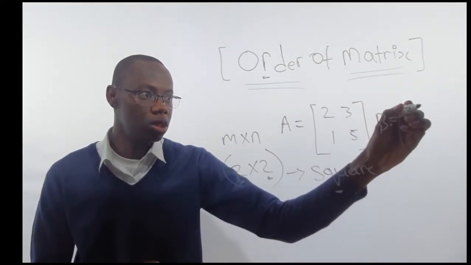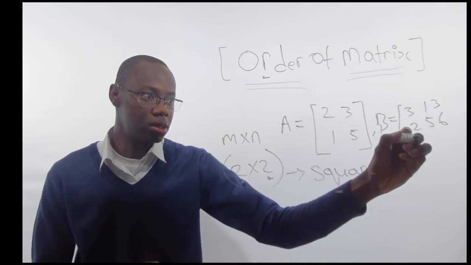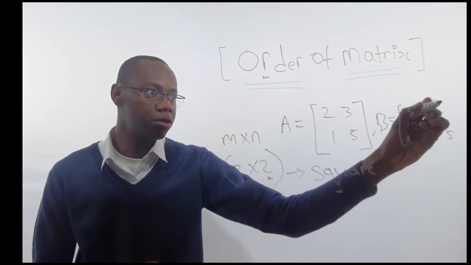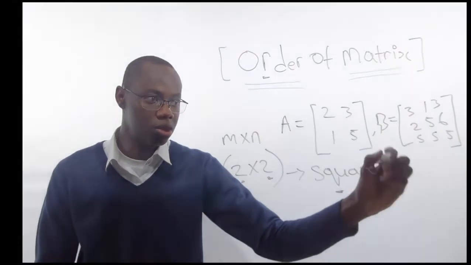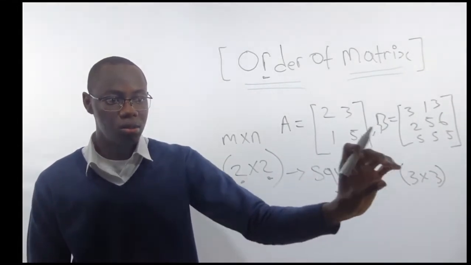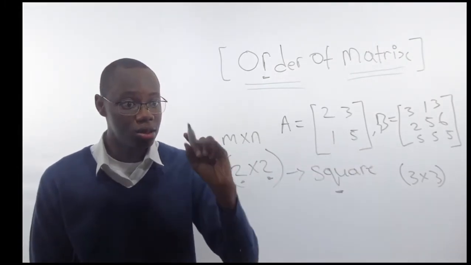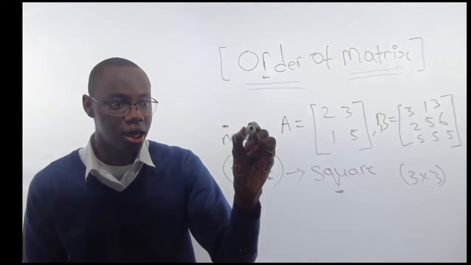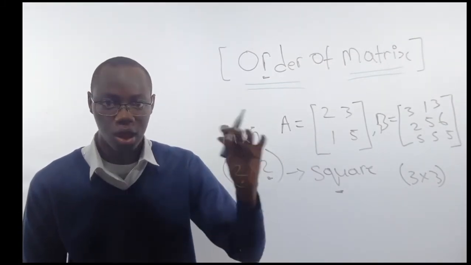Let's say 3, 1, 3, 2, 5, 6, 5, 5, 5, for example. How many rows? 1, 2, 3. So this matrix B is a 3 by 3. It doesn't matter if it's 2 by 2, 3 by 3, or 4 by 4, as long as it has the same m and n, the same number of rows and columns, it is referred to as a square